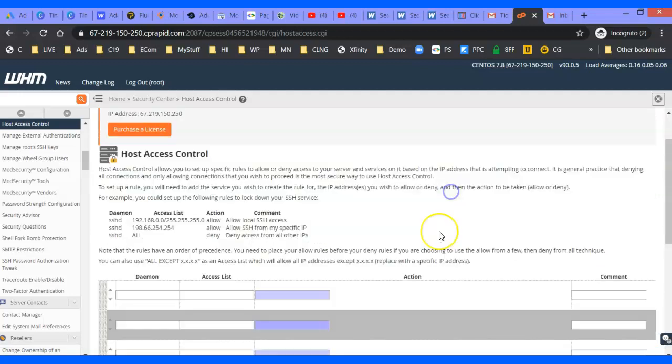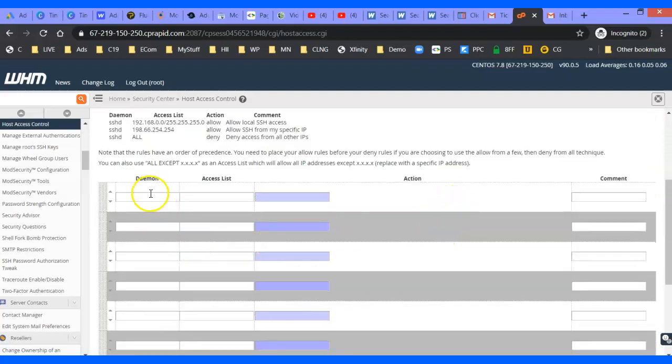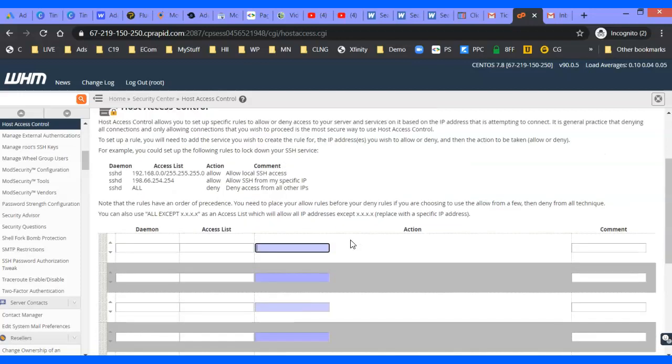Okay, over here you can assign different services and ports. Let's say you can say here SSHD, which is the SSH access, and then you can put an IP address or several IP addresses separated by commas, and you can say here allow. For example, my IP was,